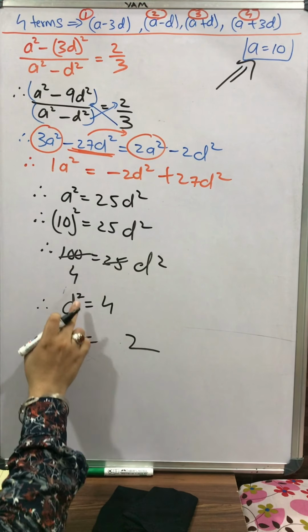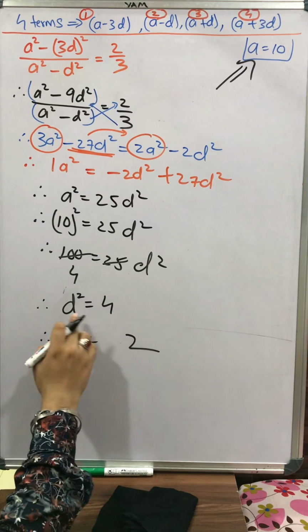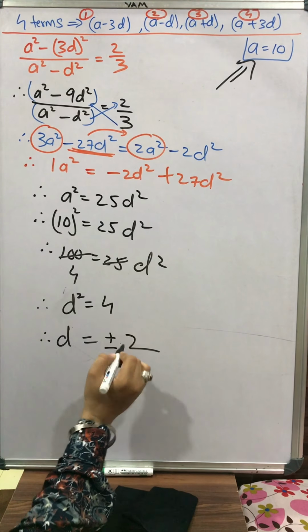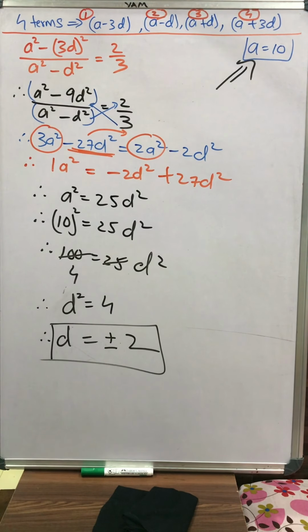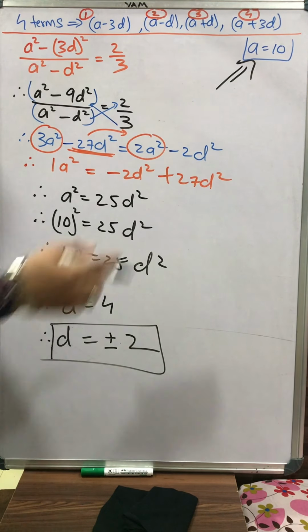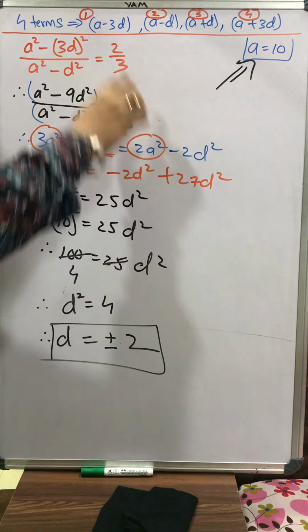It will be wrong. It's an even power. When it goes on the right hand side, it will become an even root. So an even root always has plus and minus sign. So my value of d is plus minus 2, students. Plus minus 2. So I got to know my value of a is 10 and my value of d is plus minus 2. So now, like the previous question, we will draw a table and find out the values of